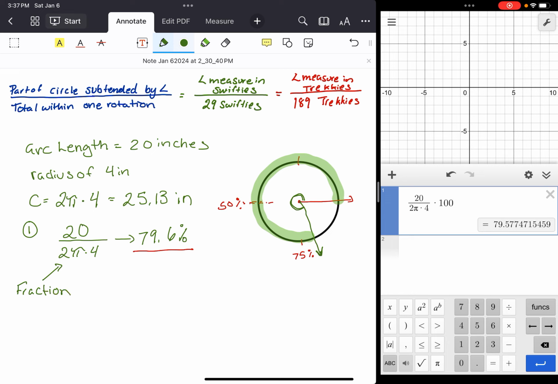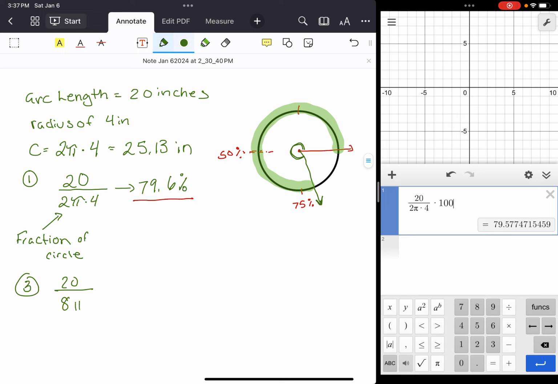And as we talked about last time, yes, I could set up a proportion, or I can think of this as, I want 79.6% of my total one rotation, that 29 Swifties. So option 1 is just like we talked about, we can set up a proportion, where we're like, okay, x Swifties out of 29, and we could solve this, or we can think of it just as this is